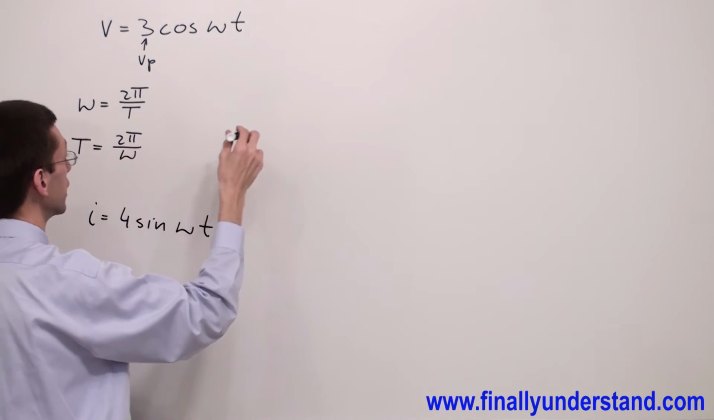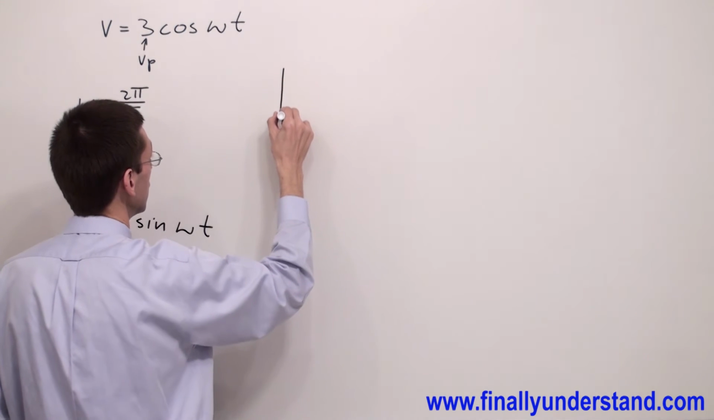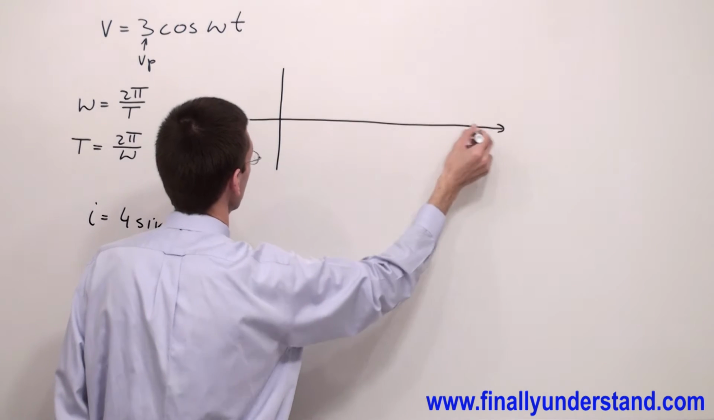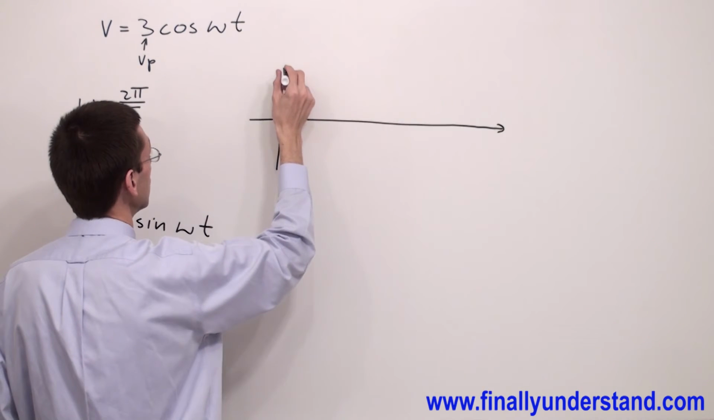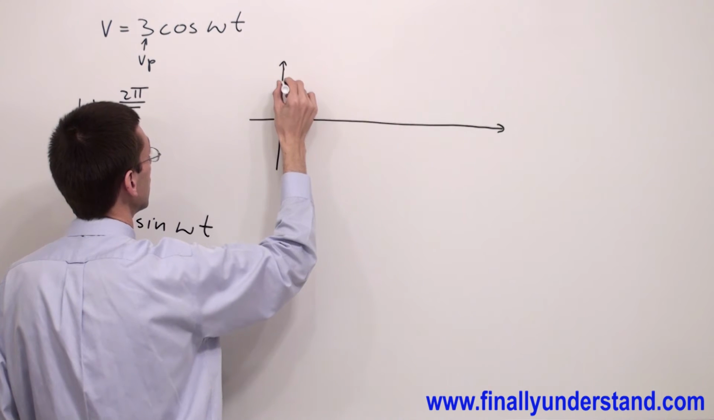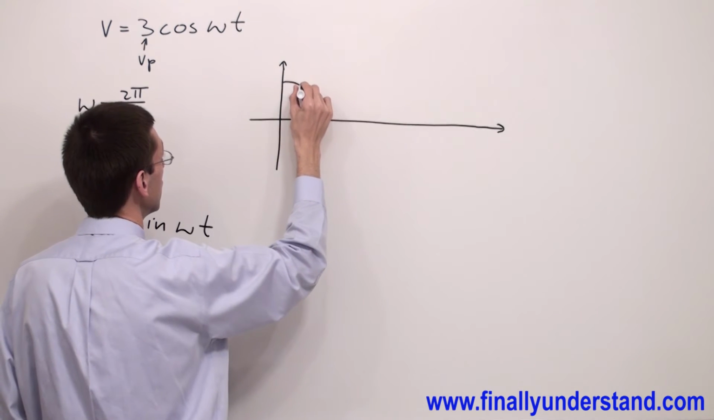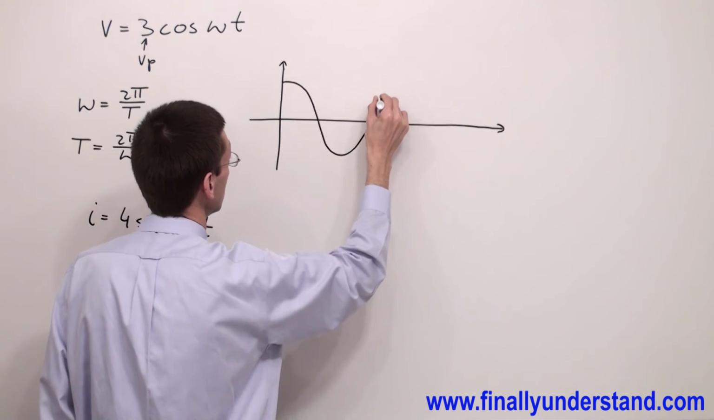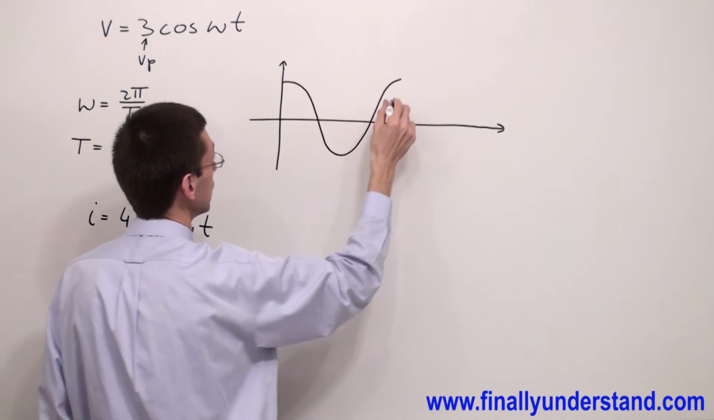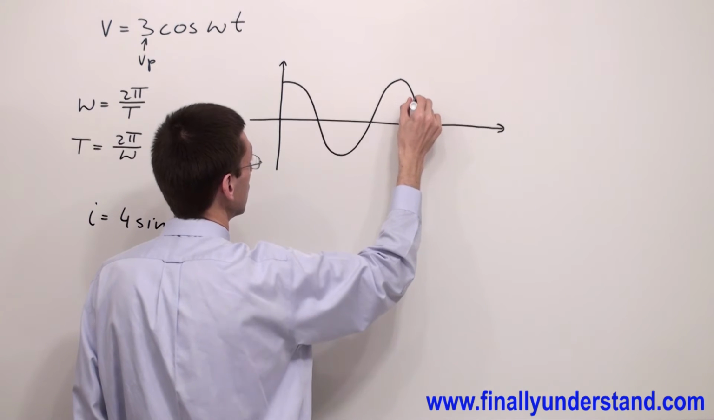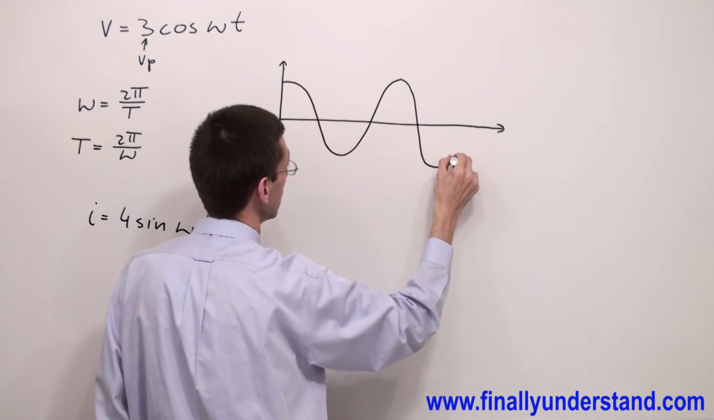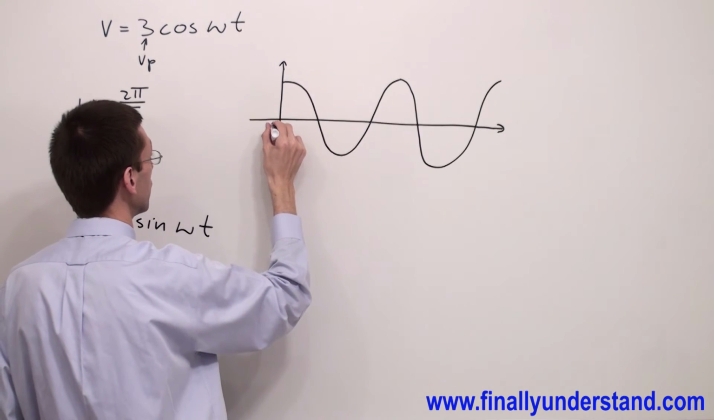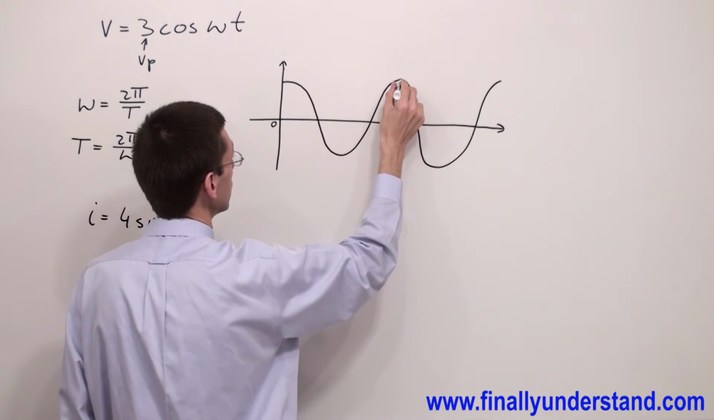Because this is a cosine wave, I'm going to start drawing my wave from the maximum value. This is one cycle. This is the second cycle. This is 0. And my period,